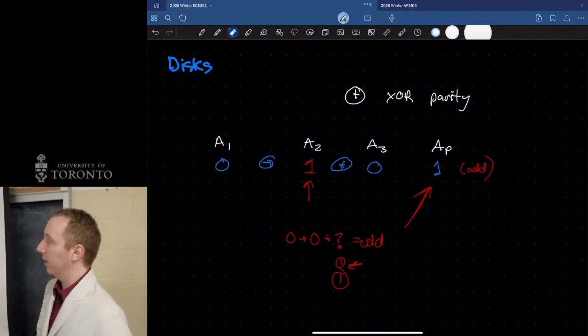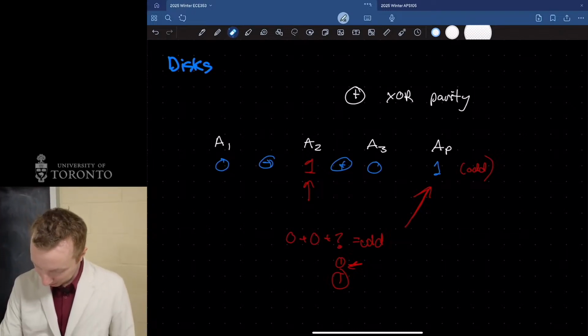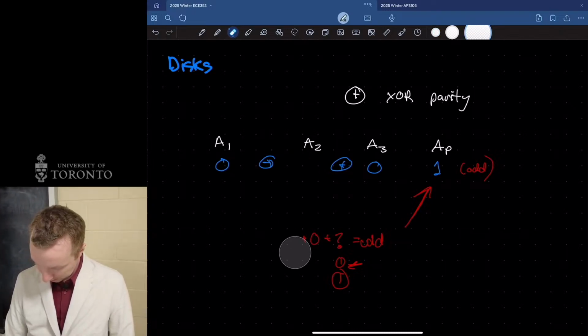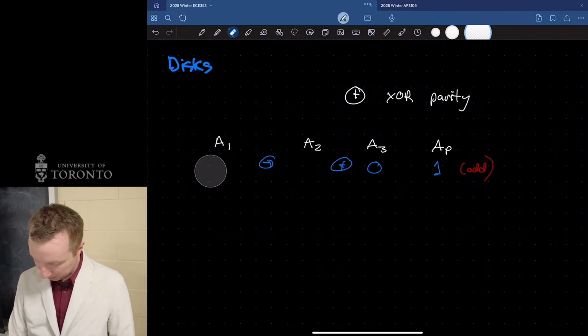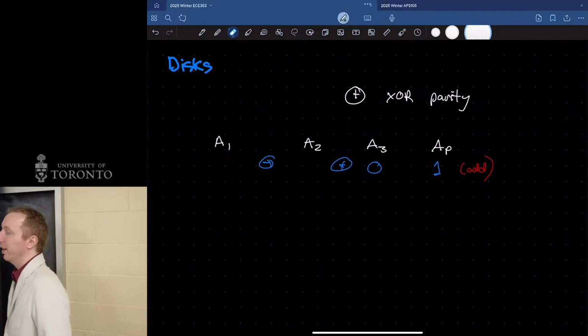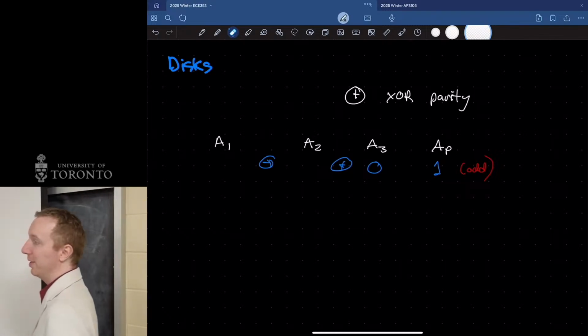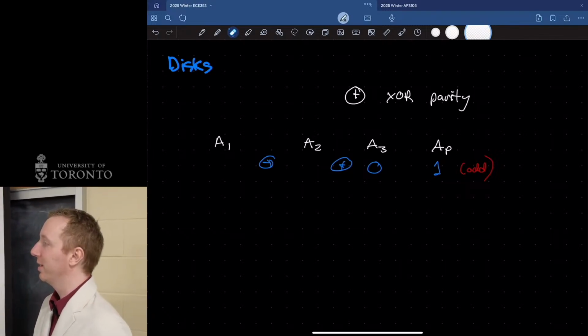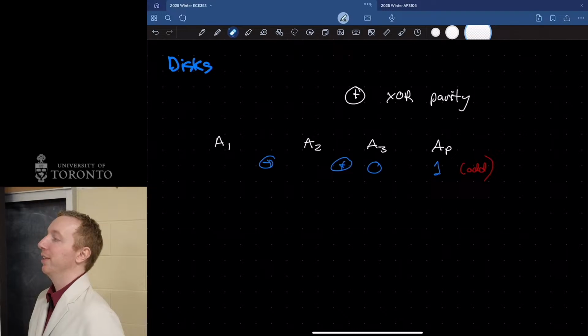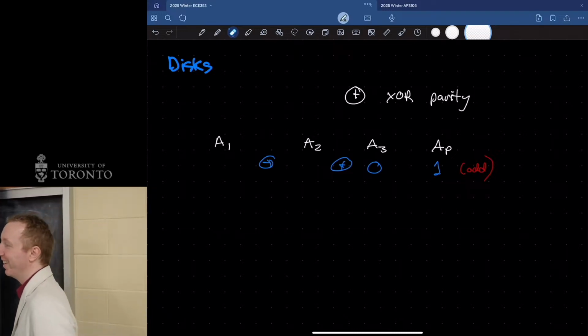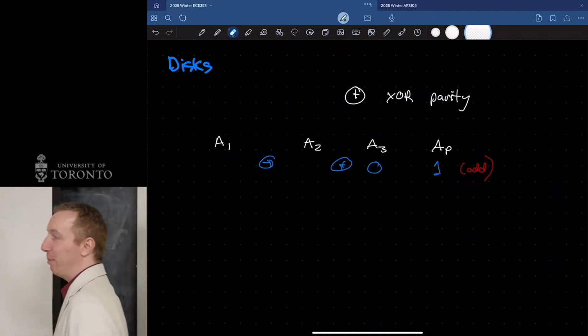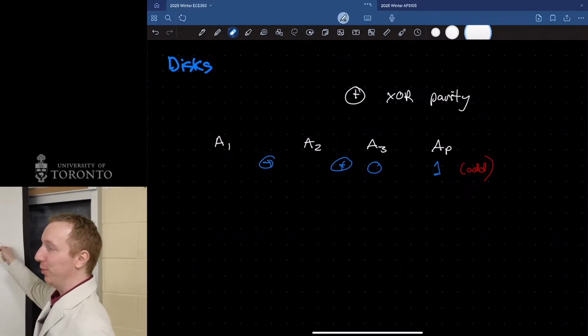Everyone get that? All right, let's say we have the same parity, but we lost 2 disks. What can I do now? Cry? Yeah, in this case, I'm pretty much screwed because there are 2 solutions for this, right?